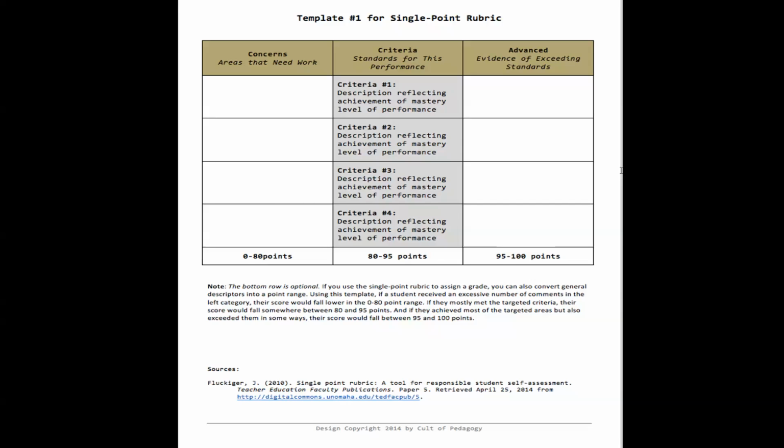Okay, that's what we call the moderating procedure, the norming session. You've got to moderate your marks because you need to know.